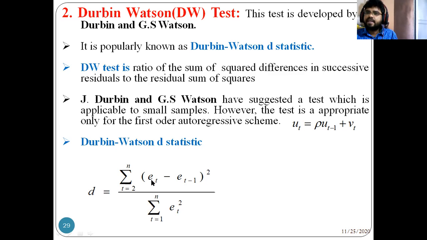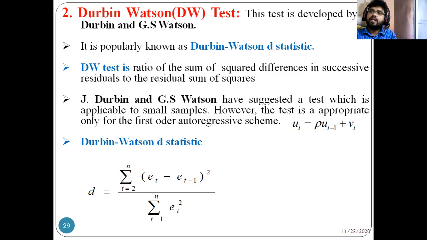There is the present error, e_t, and e_t minus 1, which is the previous error term. So we take the difference between the present year and its previous year. For example, if you take into account last day's error and the present error,